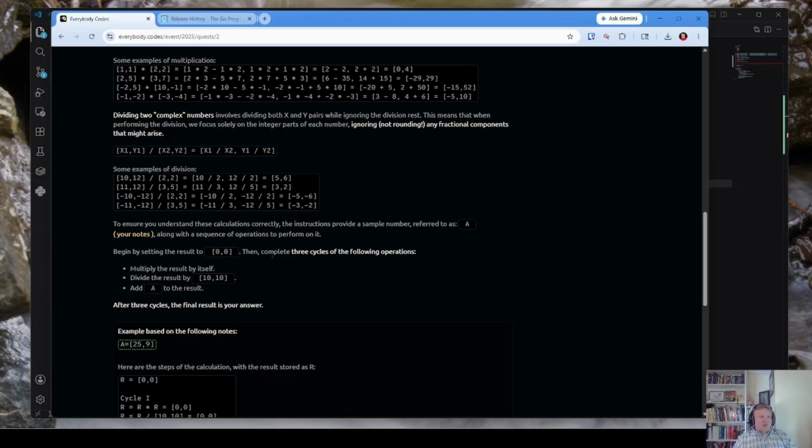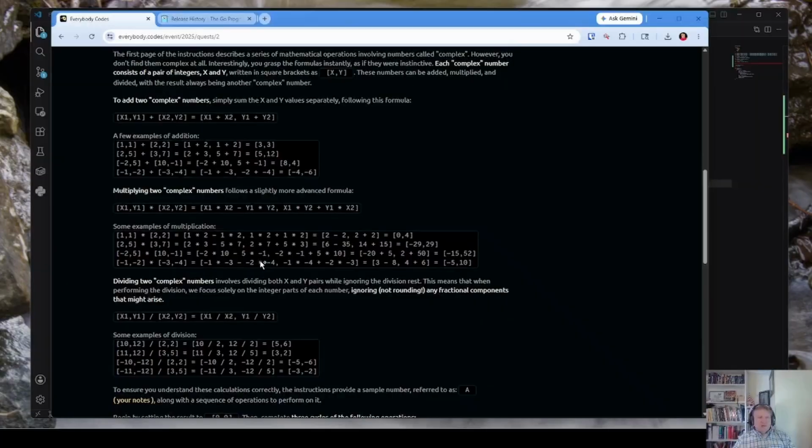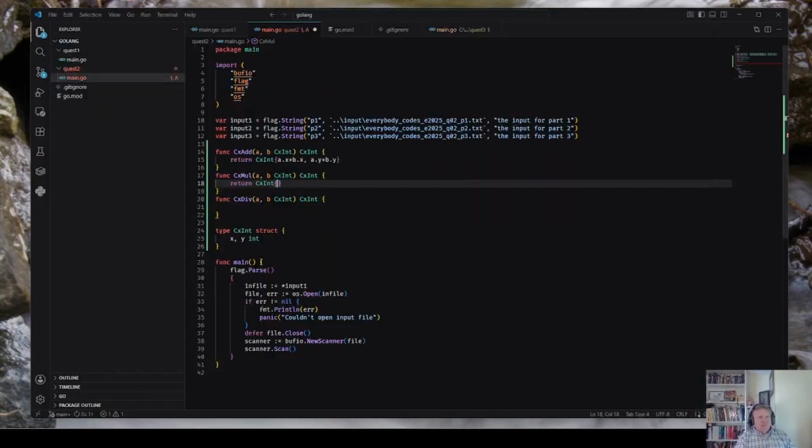And just double checking that they really do mean, yep. A dot x times b dot x minus a dot y times b dot y. A dot x times b dot y plus a dot y times b dot x.